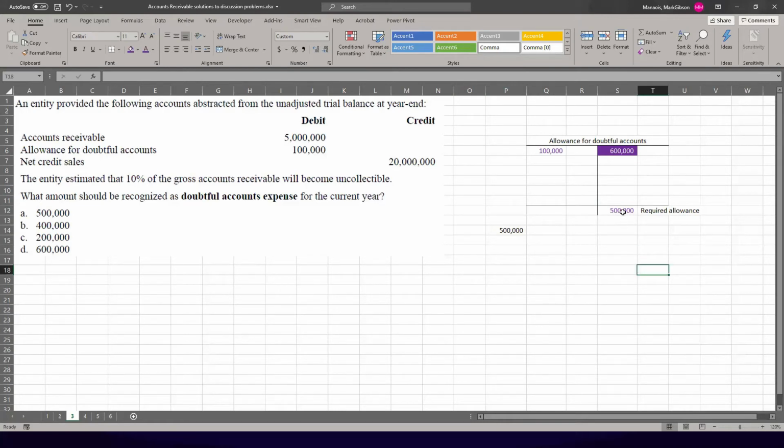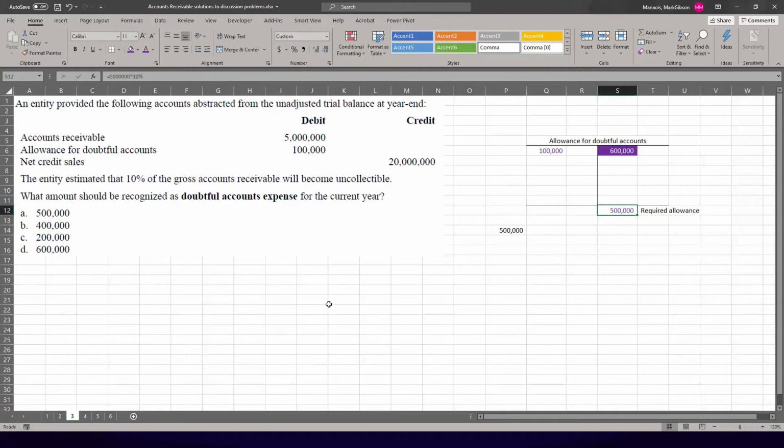Okay, so kung meron na tayong required na 500,000 as ending balance, now we can calculate for the doubtful account expense. So all you have to do is work back. Paano magiging 500,000 to? Kung meron kang debit na 100,000, edi kunin mo lang yung addition. So 600,000 less 100,000, so that's 500,000 credit. Okay? So the answer to question number 3 is